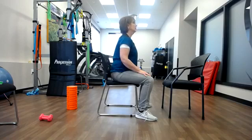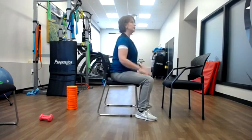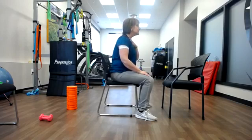2, 3, 4, 5, 6, 7, 8, 9, 10. This is an important skill to have because Parkinson's loves my head to poke forward, and I don't want